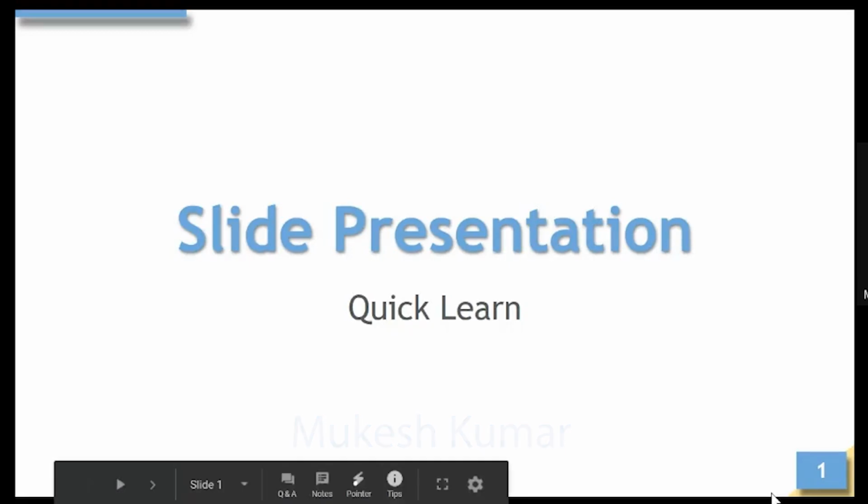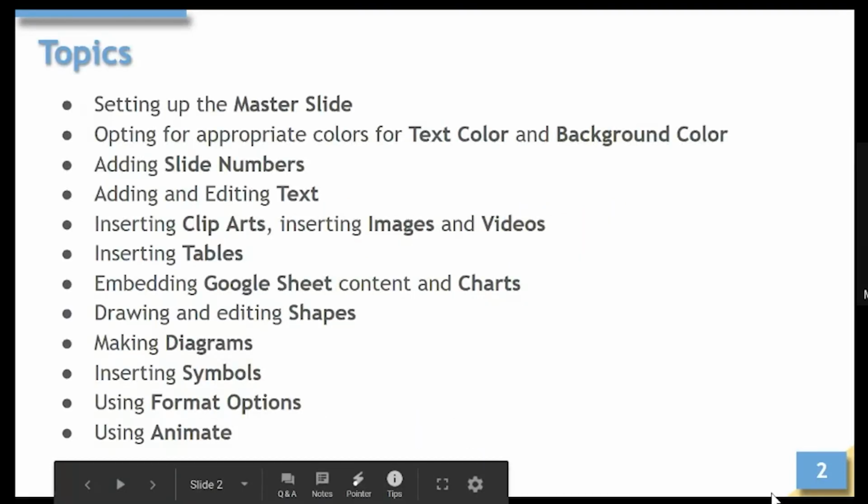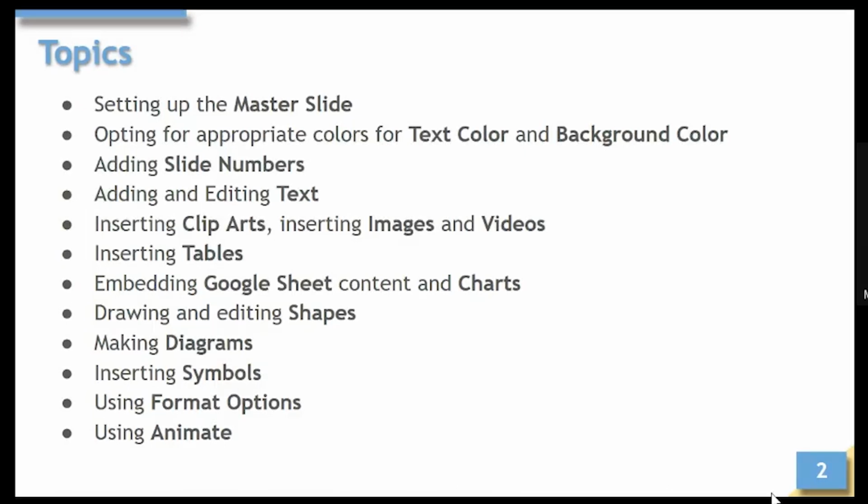So today we'll be learning about how to set up master slide. Master slide is basically a template setting. So instead of using predefined template, how to make your own template and how quickly you can design that. The idea of making master template is that uniformly from your slide 1 to slide X, all of them follow the identical template, right? Instead of in every slide you start thinking about different colors and different fonts and different style of things. So you will be uniformly having the design of the presentation.